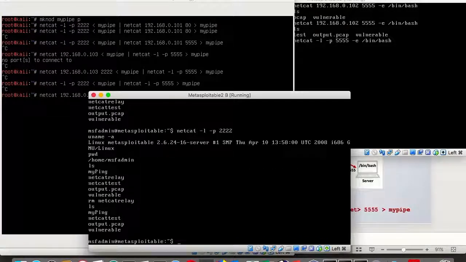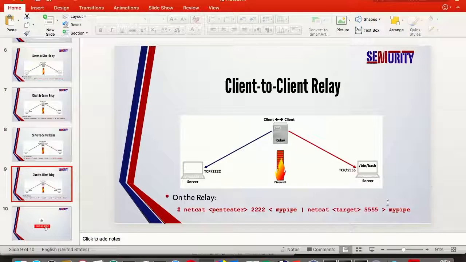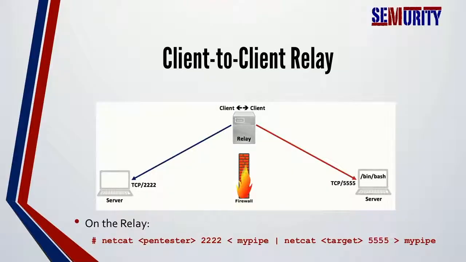If I close it, and then come here and do ls, I can see that the netcat relay file has been deleted successfully. So we have covered so far the four types of relays which netcat can do: server to client, client to server, server to server, and client to client.